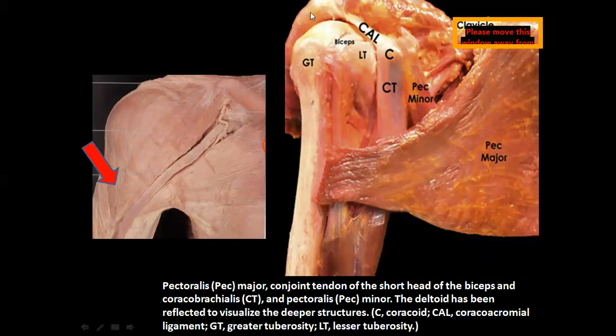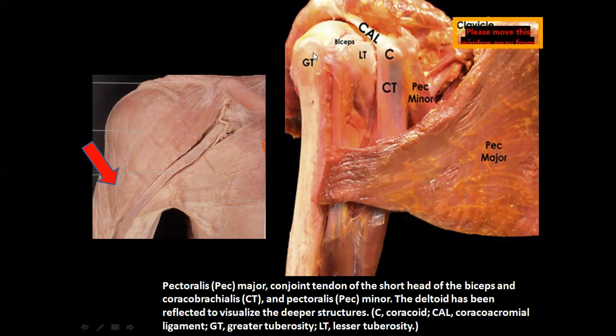You have cut the deltoid muscle completely so that you are able to see the humerus bone, head of the humerus, greater tubercle, lesser tubercle. You are able to see the coracoid process. You are able to see the clavicle. Now, if you can remember this much, whatever muscles are attached to these structures, like coracoid process, if you remember, it has short head of biceps and coracobrachialis.